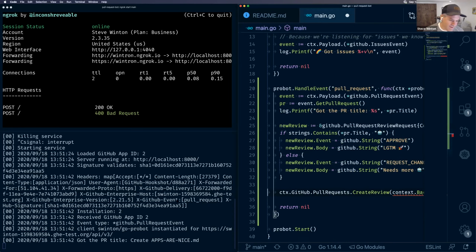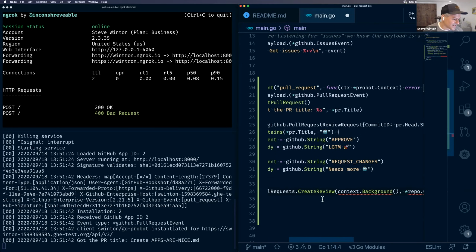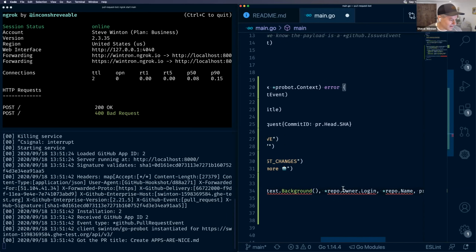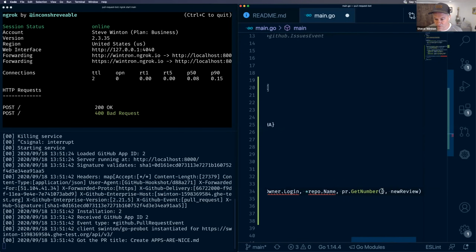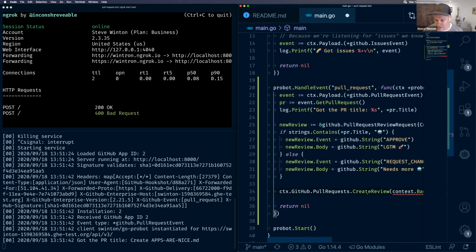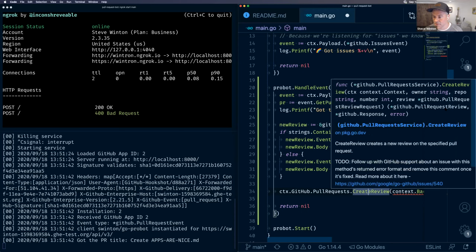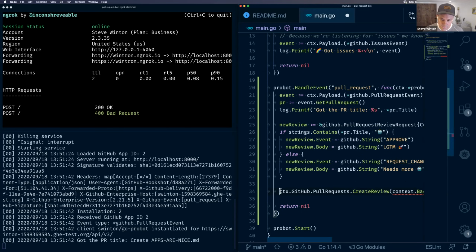I'm just joking. So hopefully I've already messed this up because I decided to be clever. So we need to pass in this background, the login, the name, the pull request number, and our review. It's shouting at me, which honestly always makes me a bit nervous. Oh, and this is going to return some things that we might want to catch. So let's catch those things. It's going to return our review, the response, and the error. So I'll say review. Let's ignore the response. We'll just say error equals those things. Oops. And then we'll say if,